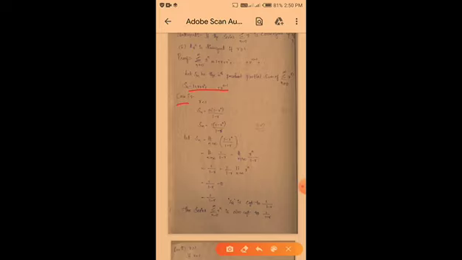So case 1 is r is less than 1. Okay, r is less than 1, so we have to write down Sn, sum of the geometric series. So Sn is equal to a into 1 minus r to the power of n by 1 minus r. So here, Sn is equal to, a value is 1, and the common ratio is r. So Sn is equal to, in place of a, 1, and 1 minus r to the power of n by 1 minus r. So let Sn be equal to this, so we have to write down limit on both sides.